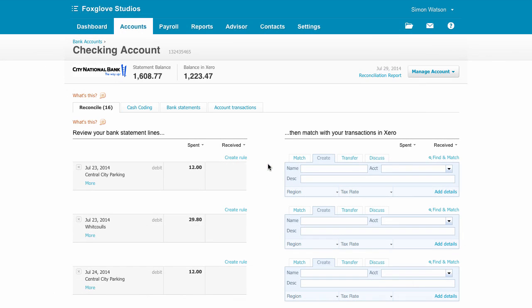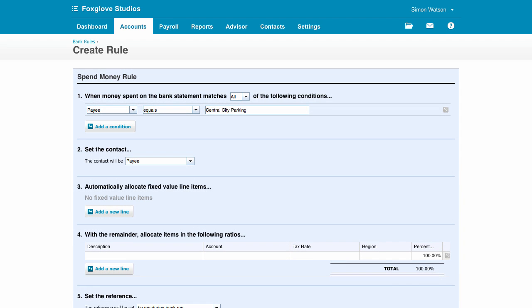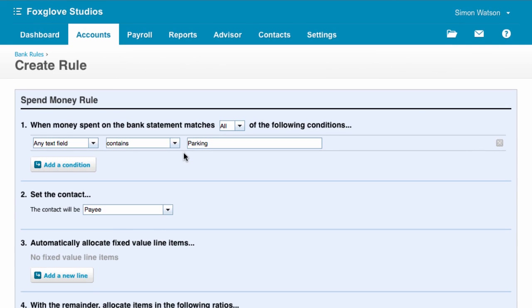For example, you may have to regularly code transactions to parking expenses when you're reconciling the bank in Xero. To automate this going forward, just click on Create Rule. The payee's name is already pre-populated for you. But if you don't want to restrict it to an exact match, select the Any Text Field option and choose Contains the word parking. Now, so long as the word parking is somewhere in the transaction, the rule will take